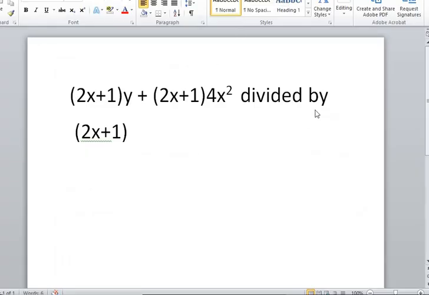Suppose if you have to do this operation, means 2x plus 1 into y plus 2x plus 1 into 4x square should be divided by 2x plus 1. How will you divide? See this. Take this 2x plus 1 below and 2x plus 1, you will divide it for both the terms, means this term separate and this term separate. So what remains? Y plus 4x square. That is one way. And second common factor method is take 2x plus 1 as common and what remains? Y plus 4x square as we did earlier. And then 2x plus 1 gets cancelled. Answer is y plus 4x square. Right? You'll understand this. Kindly follow the practical videos and it's quite simple also.